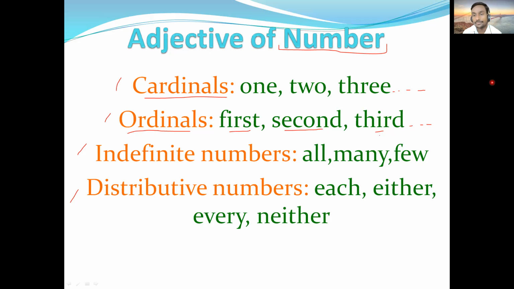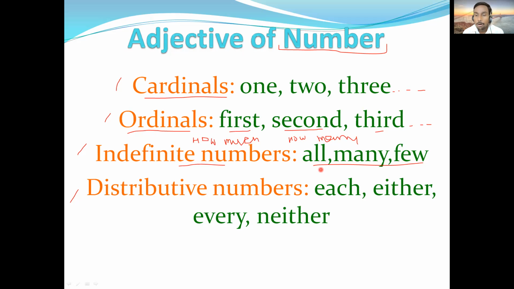Then here we have indefinite numbers and adjectives of quantity. They can resemble or feel the same. But when we say all, here you have to think about how many. So it means you can get the answer in numbers. But if it is an adjective of quantity, there you have to think about how much. That is the difference between adjectives of number and adjectives of quantity.